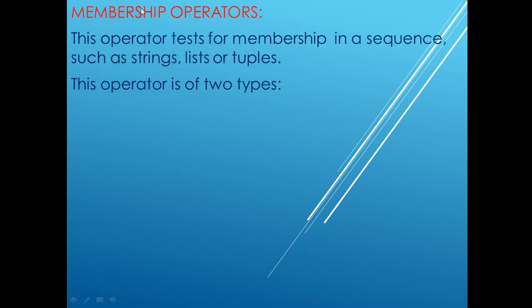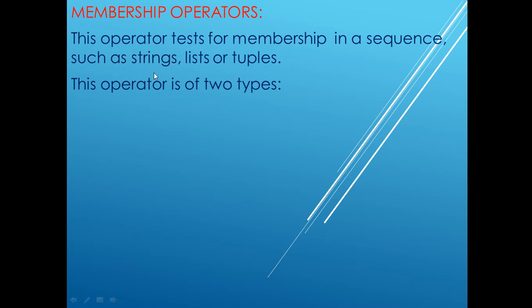Next we will see the membership operators. Till now we have discussed only the identity operators, is and is not, and for is and is not I told you how they execute with the help of the id function. Now the next one is the membership operator. The membership operator tests for membership in a sequence such as a string, list or tuple. These two terms, list as well as tuple, are data types in Python. When I come to the data types topic, I will explain more about lists and tuples.